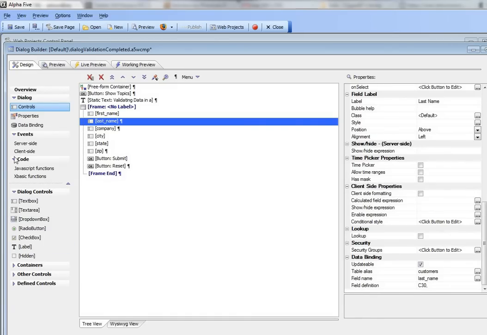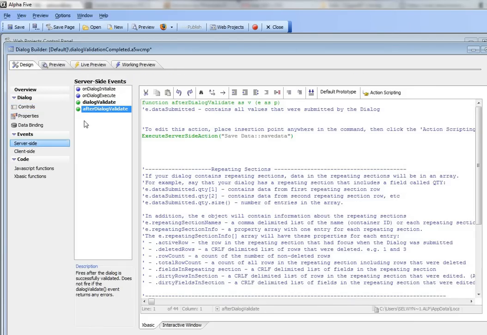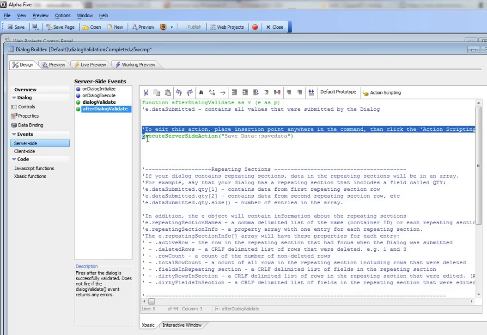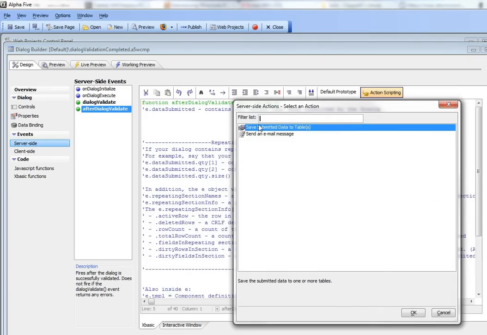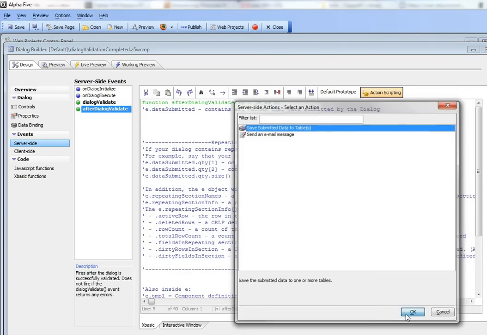So I'm going to go now to server-side events, and the after dialog validate event is the event that fires after all of the data in the dialog component has been validated. So I already have an event here which I'm going to go ahead and just delete so we can start fresh, and then I'll press action scripting, and I'll choose the save submitted data to table action,